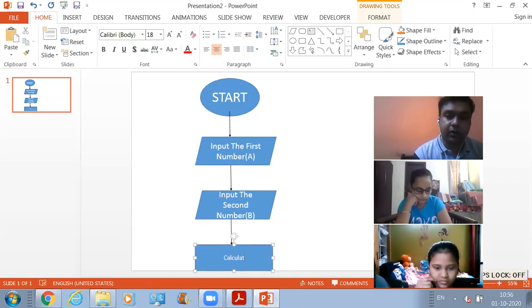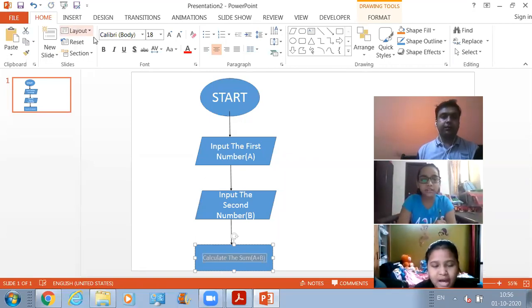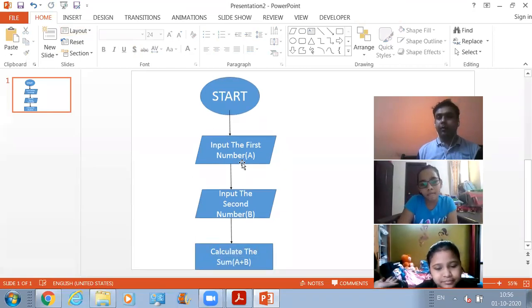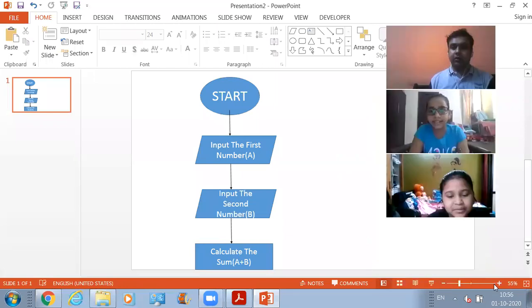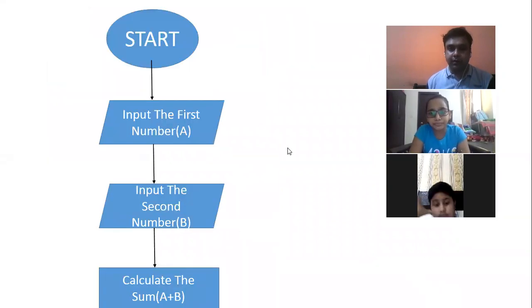That is right, dear. Or else you can write it like this also: calculate the sum. How will we calculate the sum? Using this formula. That's how we will be calculating the sum. Am I right, dear? Yes, sir.